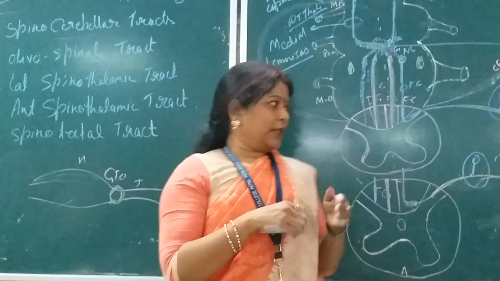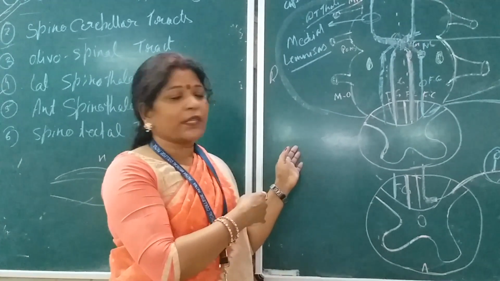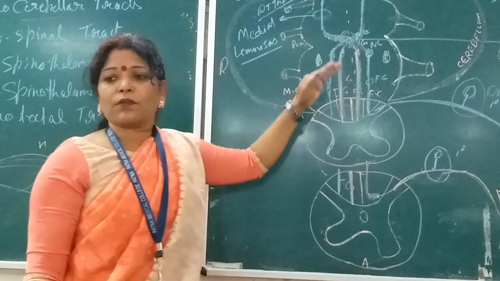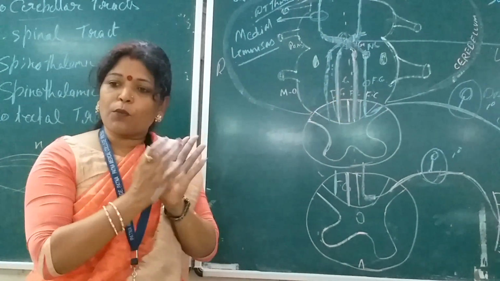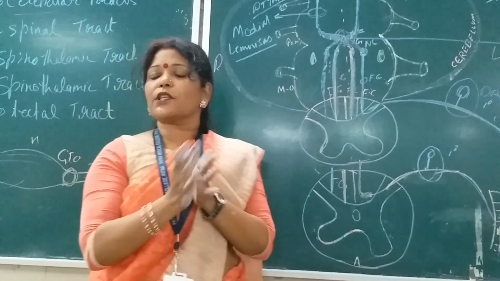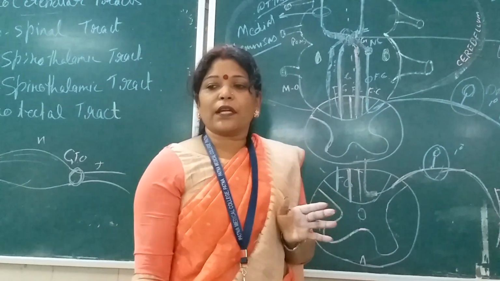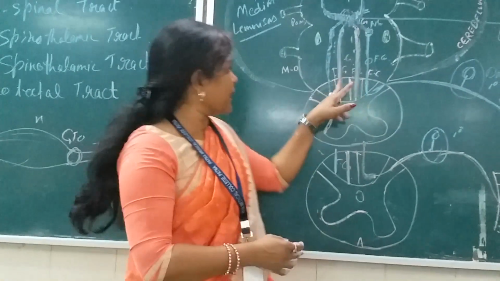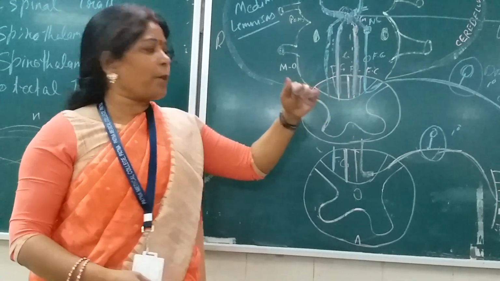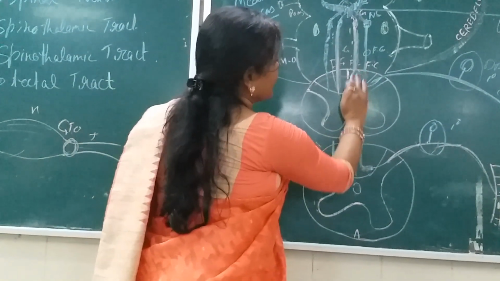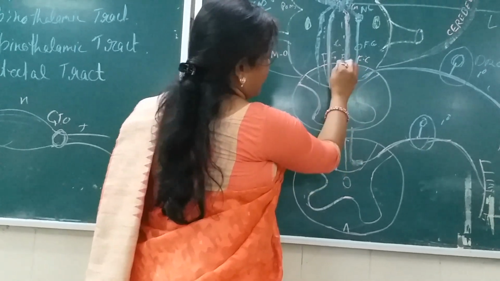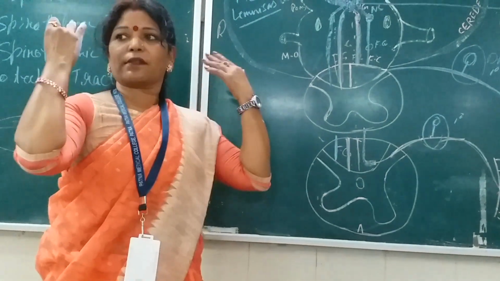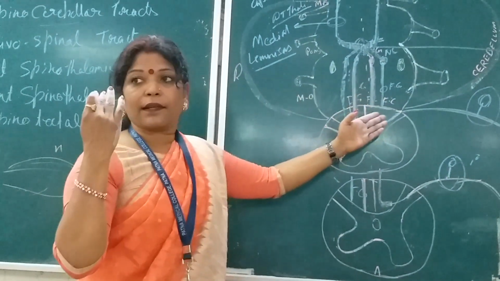Okay, so in the previous lecture also we have discussed that in the dorsal column, dorsal funiculus, whether it is the fasciculus gracilis or cuneatus, there is the somatotopic arrangement of the fibers. There is no overlapping. That means the lumbar fibers do not cross the thoracic fibers or the sacral fibers; here it is just the somatotopic arrangement. That means in the upper part, suppose this is above T6, all the fibers have now reached up to the cervical segment.